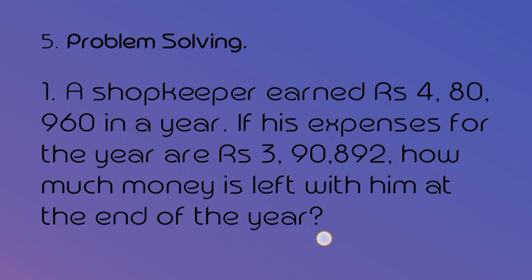Okay, like I am giving an example, like your mother has given you 10 rupees. Out of that 10 rupees, mother has told you to buy something, to buy any toy for you, and that toy's cost is only 5 rupees. So you had purchased that toy by giving 5 rupees. So what is left with you, children? 5 only, no? So your earning, what your mother has given you, is 10 rupees, and expended, you had expended the money, that is 5 rupees for the toy. So what is left with you? What you have done, you had subtracted, you have deducted 10 minus 5, so you got 5 only.